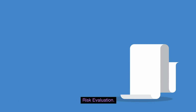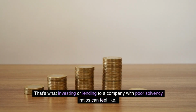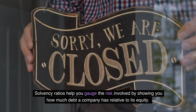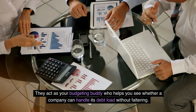Risk evaluation. Imagine walking a tightrope without a safety net. That's what investing or lending to a company with poor solvency ratios can feel like. Solvency ratios help you gauge the risk involved by showing you how much debt a company has relative to its equity. They act as your budgeting buddy who helps you see whether a company can handle its debt load without